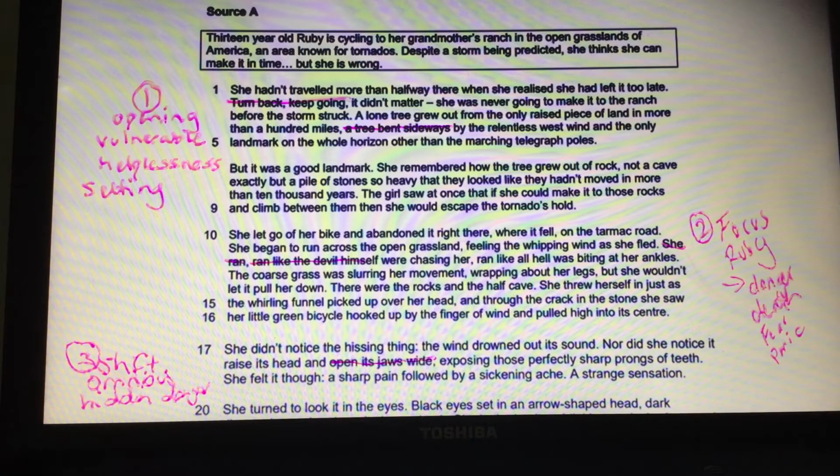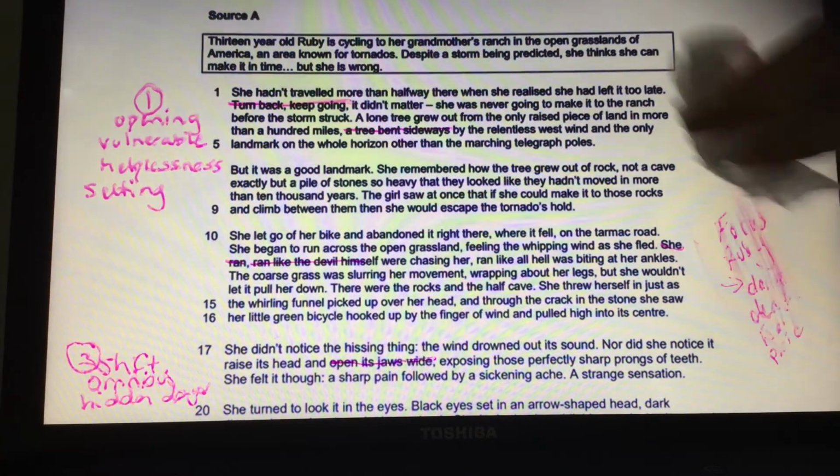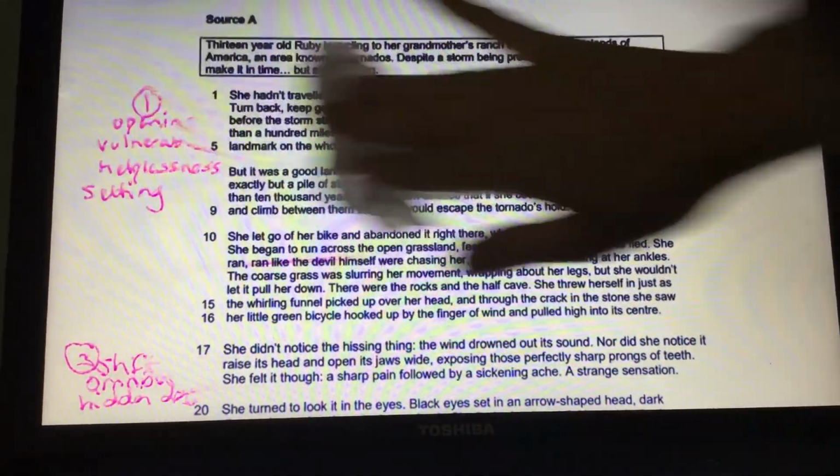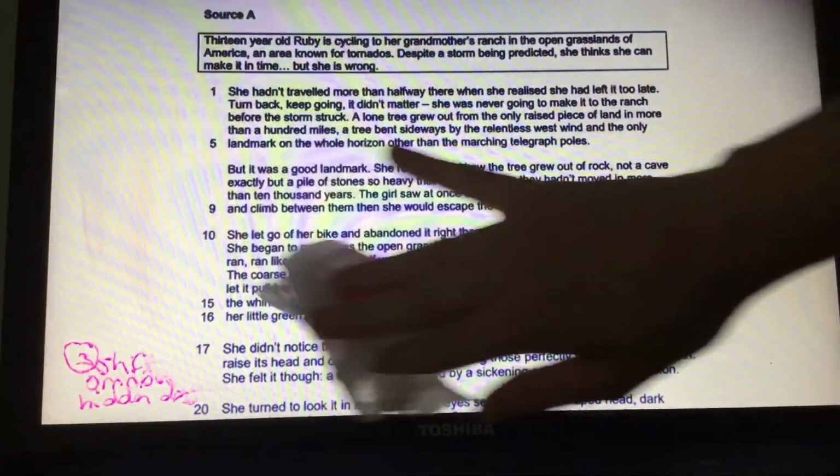Remember, you also need to make sure that you look at the ending of this. So I know really that I've got another point to make in the next section, and then I need to look at that final paragraph or final sentence. You know, how does it end? And then what I need to do is start actually thinking about the way I'm going to structure my answer. So what we've asked you to do is fill in the table that you have got attached to show my homework, okay?